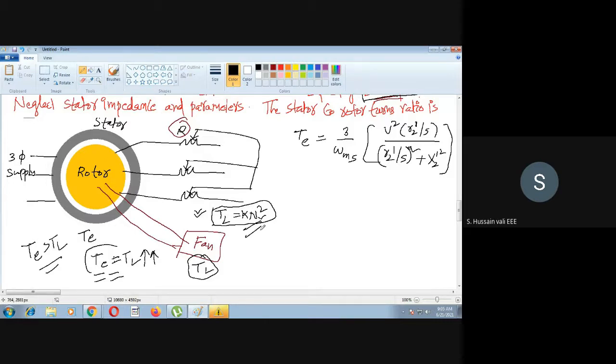So immediately your electromagnetic torque will be developed, and its value you can find out using this equation. Now the load torque is zero. So then what do you find out? The rotor starts accelerating. When the rotor starts accelerating, the fan also will move. Why? Because both are coupled mechanically. So n value increases. When n value increases, TL also increases. So when TL increases, at one stage it will reach that Te is equal to TL.